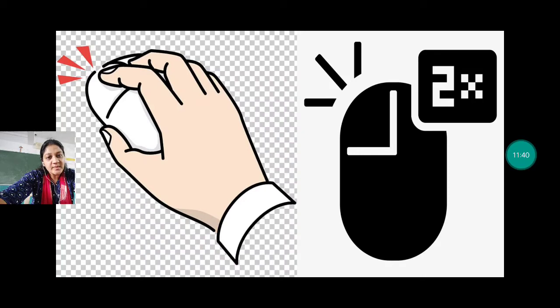Okay, पुराने ज़माने में जब mouse मिलता था तो उसके नीचे एक surface पे एक ball होता था, right? Now we have the optical mouse which is having the function of the light, right? Then we can see the mouse is having minimum 2 to 3 buttons. Okay, on a mouse you can always find 2 to 3 buttons. Then we saw the functions which we can do with mouse are click and double click, right?